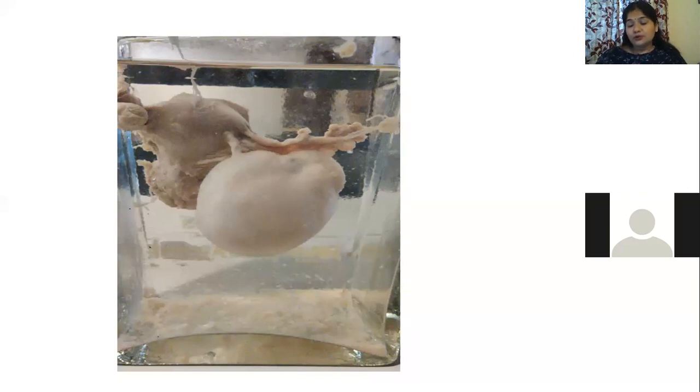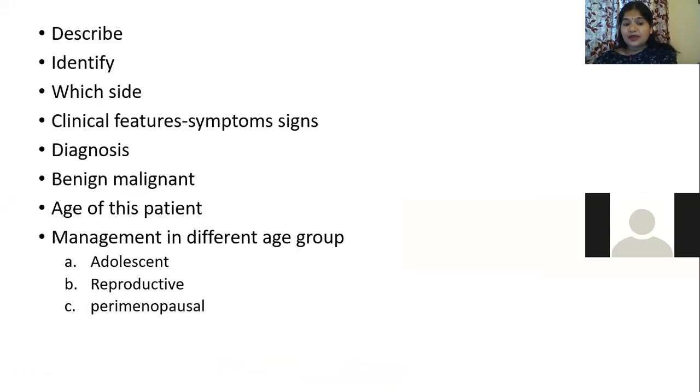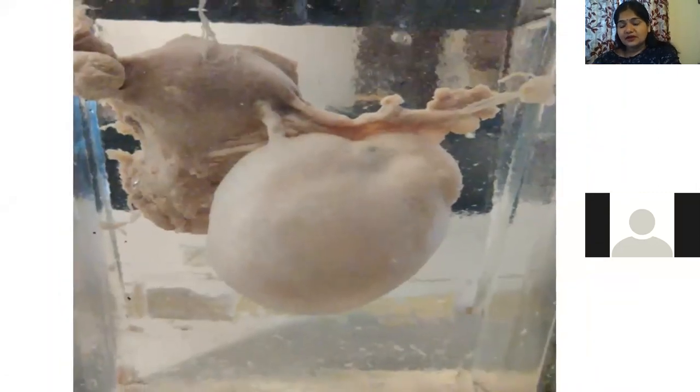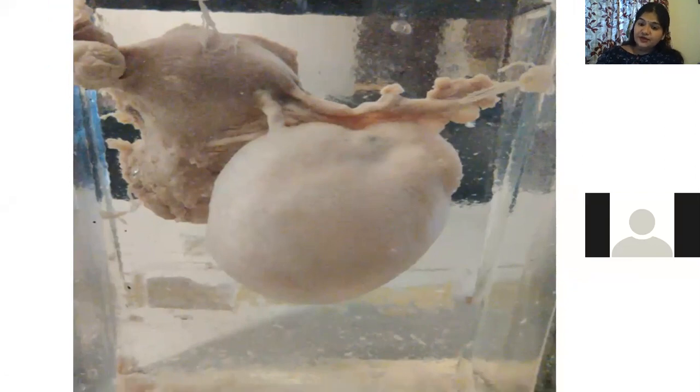So this is all about the specimen of ovarian cyst. Just have a close look at the specimen. So this is how the specimen looks, right? This is the ovarian cyst. This is the utero-ovarian ligament. This is the fallopian tube. This is the other-sided ovary. Another thing which I wanted to just revise is, what are the types of hysterectomy?